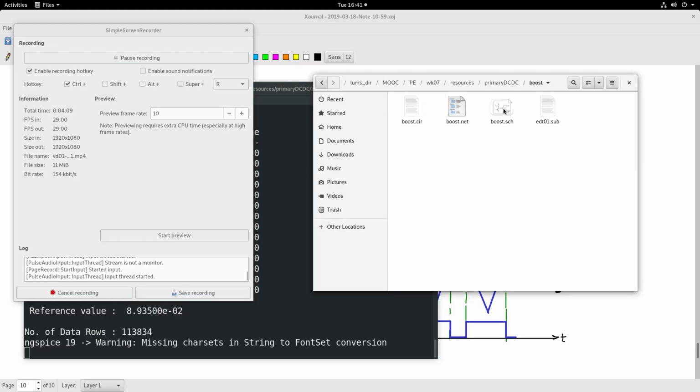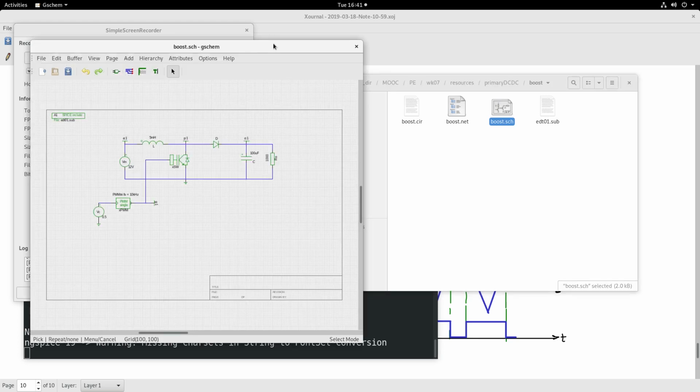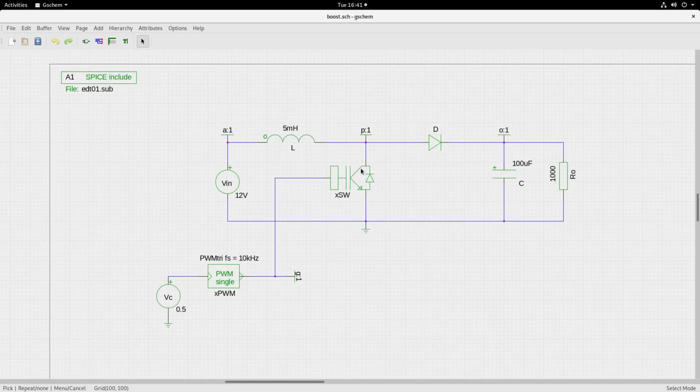In a similar manner, I also have the boost converter circuit schematic here. So observe the boost converter circuit. You have the switch here, the inductor on the input side, diode here, and similarly I have the node labels here. You can also look at the inductor current. Likewise, I am having a control signal generation based on a sine triangle, based on a voltage triangle comparison principle. So let us simulate this.